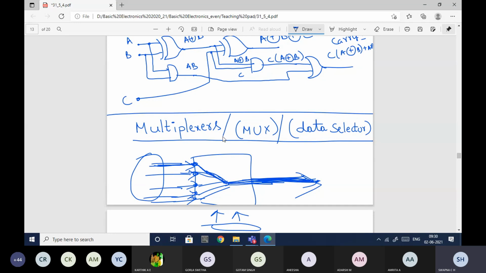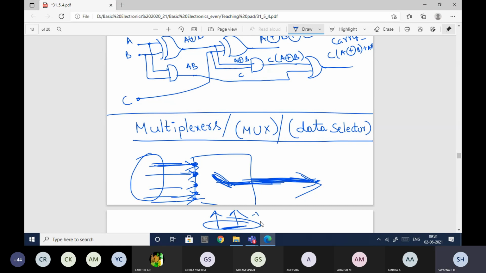This is a very important concept. Hope this is clear to all of you. How exactly it works, I'll show you. Here you just have to understand the overall idea. As I've told you, this input or that input will be selected by this output. Which information source is selected is decided by the selection lines. Based on the values you give here, the corresponding data line will be selected.